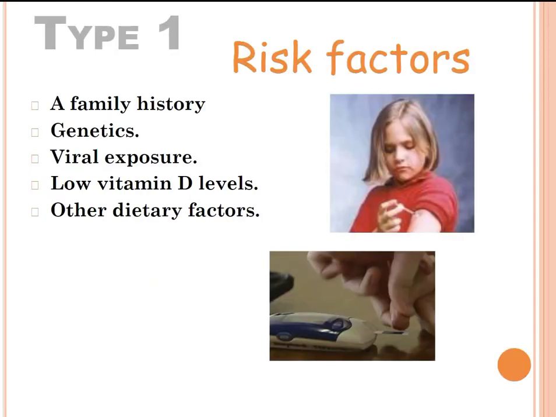First, we will discuss the risk factors of type 1 diabetes. Anyone with a parent or siblings with type 1 diabetes has an increased risk of developing the condition. The presence of certain genes indicates an increased risk of developing type 1. Viral infections, such as mumps or rubella, are thought to be an environmental trigger to the autoimmune destruction of the